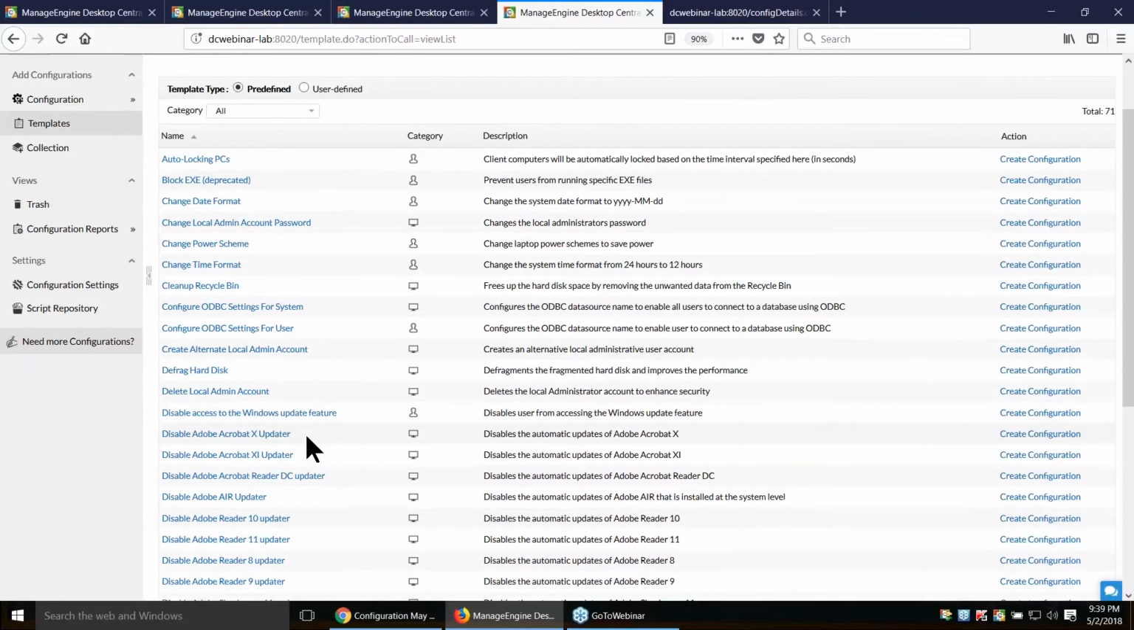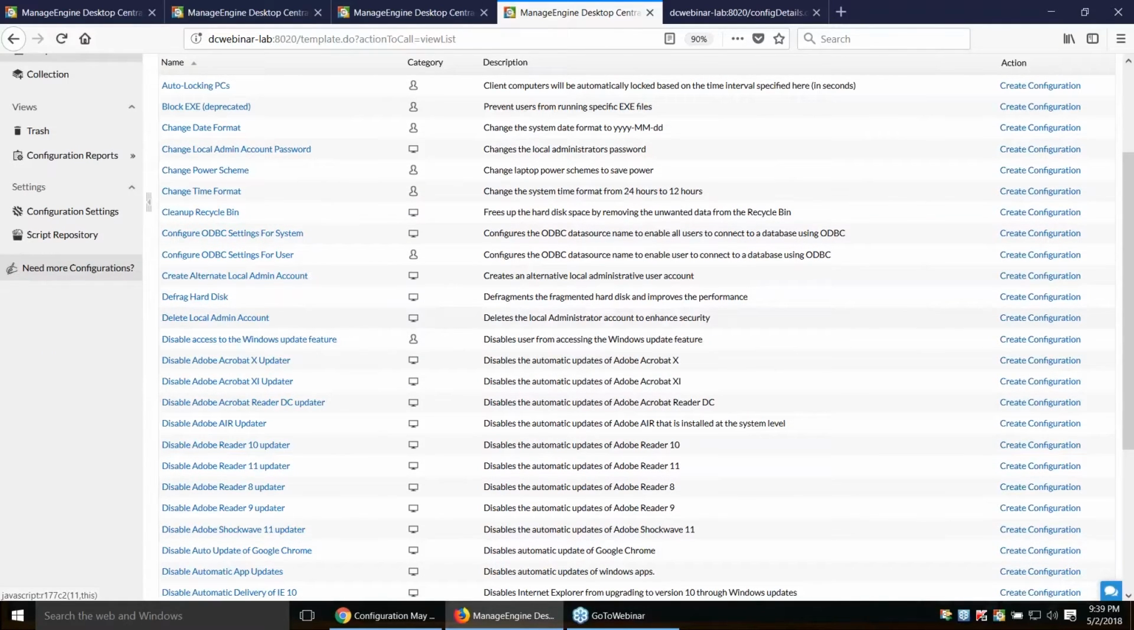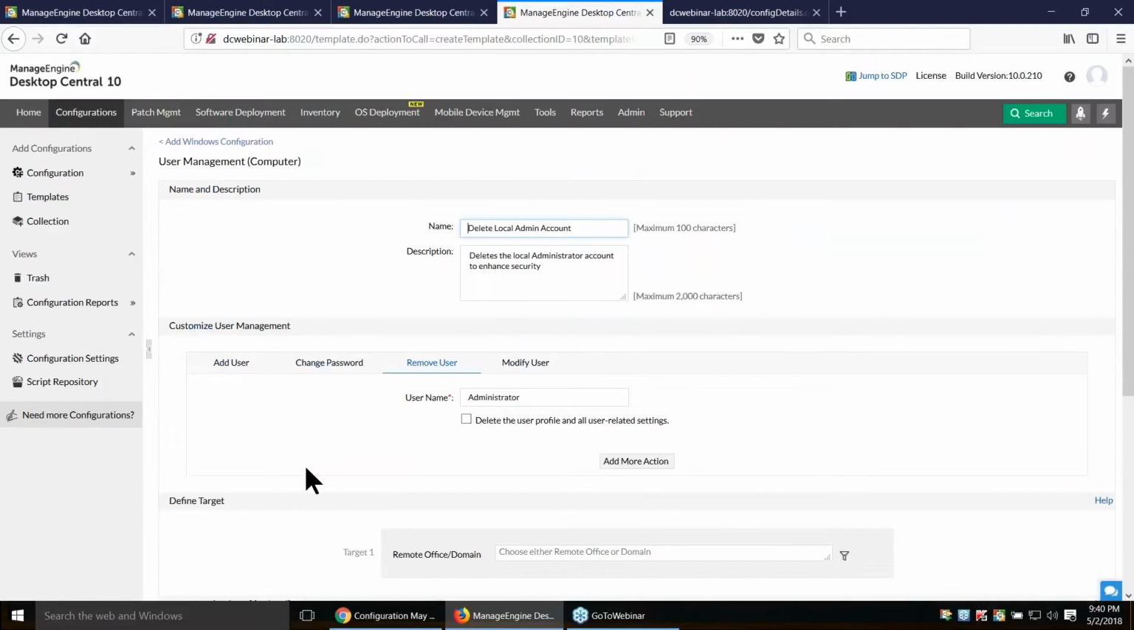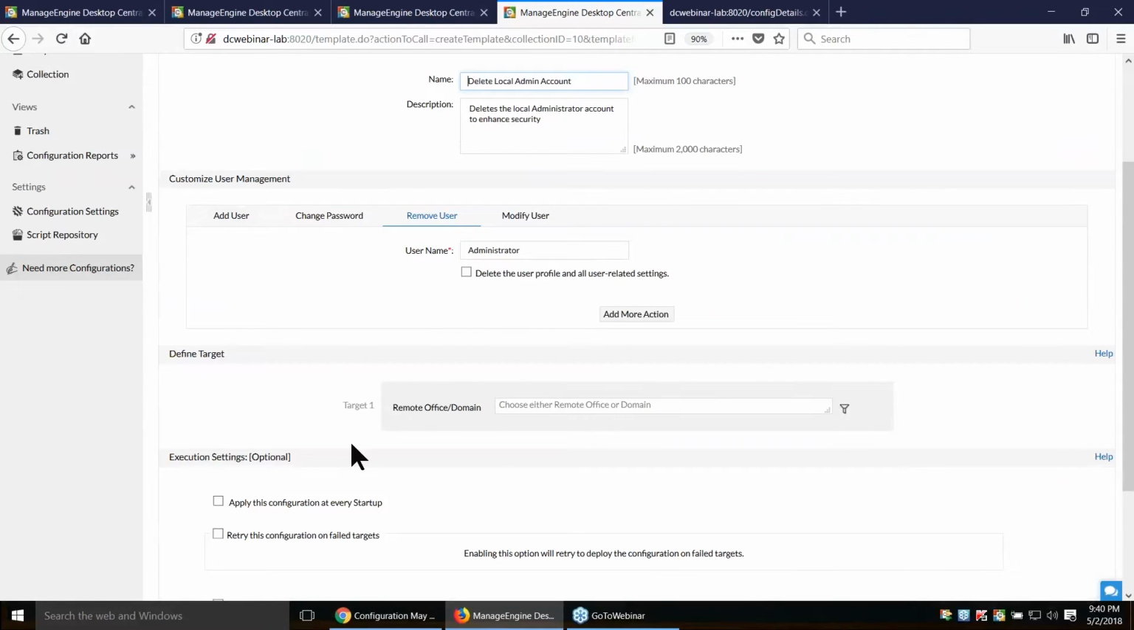Apart from these few templates, there is deleting a local admin account. This is one of the pain areas for any administrator. If they have a local administrator, how do I go about deleting it or modifying it? So to enhance the security, you can delete the local admin account using the configuration here. You can modify it, or if you want to change the password, you can do that, or even deleting is